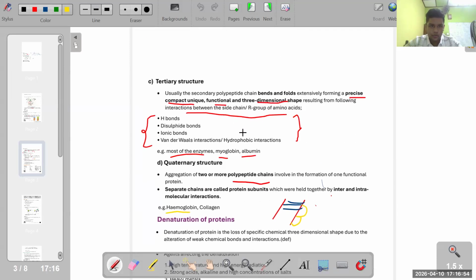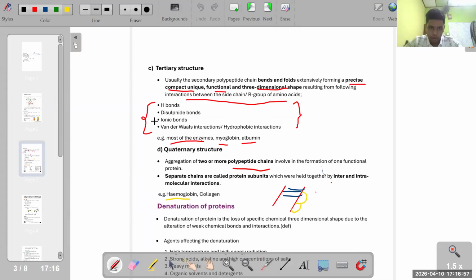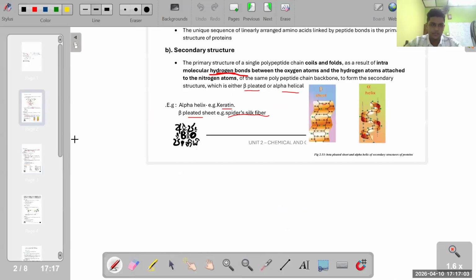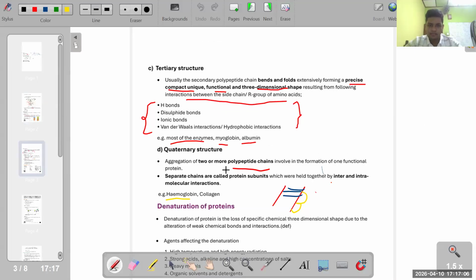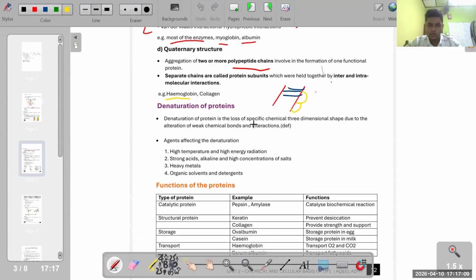Now we have learned that throughout this process there are a large number of bonds. See here, there are four bonds. Here also they have said intramolecular bonds. In the second structure they said that there are hydrogen bonds. So if there are any weak bonds among these, those weak bonds can lead to denaturation of protein. Or there is another chance. What? There are certain agents that can cause the denaturation of protein. Is that clear? What causes the weakening? These agents are the ones that cause the weakening. Is that clear?